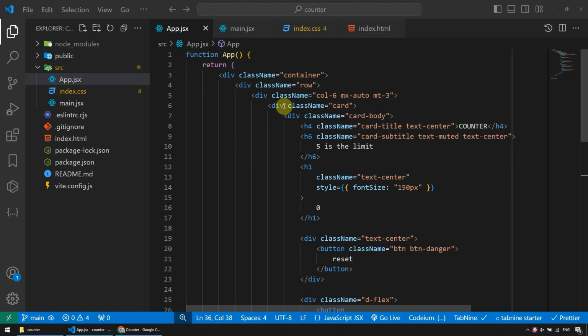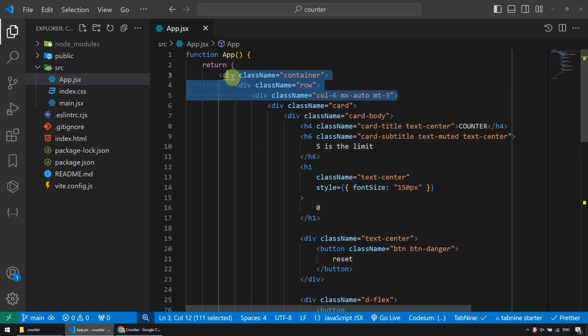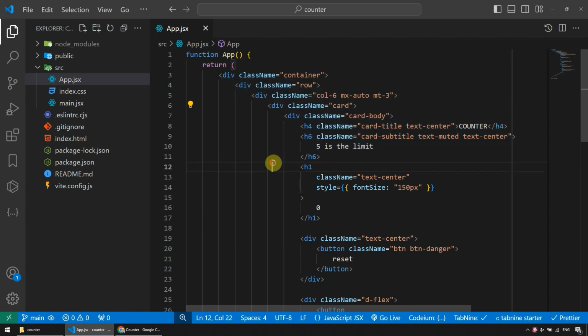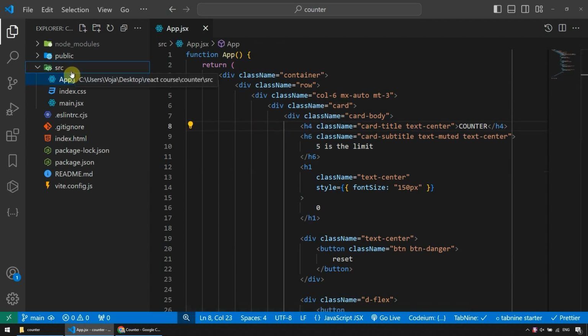Let's now separate this thing out into components. So I'm just gonna right click close to the right first of all, so I clean this up a bit. And now let's see, I'm gonna leave these divs in the app, and then the rest I'm gonna separate out into components. So first of all, this div card, let's create a new